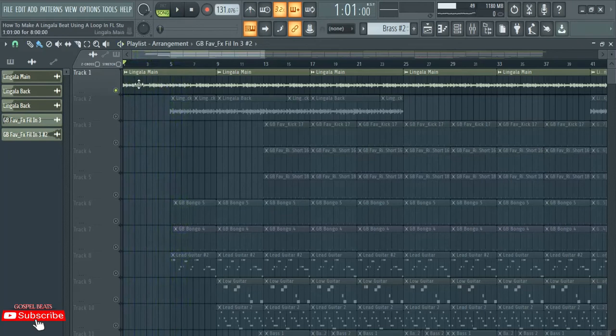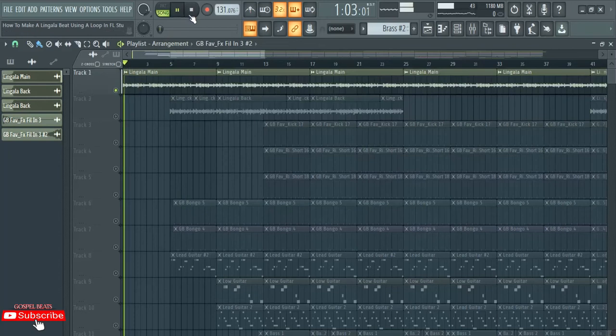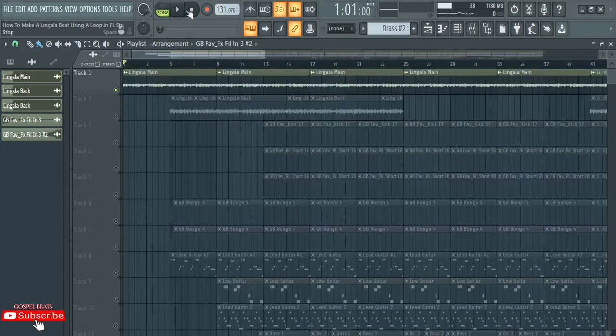So what I did, this loop had some parts where there are some guitars like this one here. It was starting with this one. Then later on, this one was joining. So the way I did it, I got this one and chopped it and made sure that it is following the tempo. You can see the BPM here, 131, and these numbers at the end here is the BPM of this loop. So I got this one which was at the end here, and then I added it below the one which was starting here, so that all together they can sound like this.